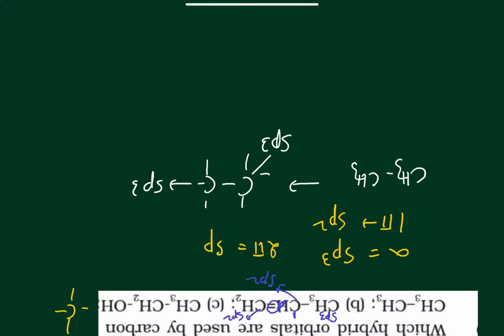Here again, 3 hydrogens just form a single bond, that means 4 sigma bonds, so sp3. Here again 2 hydrogens, sigma bond, and oxygen in alcohols forms a sigma bond only, single bond, so this is also sp3 only. It will always be sp3 until and unless a pi bond is formed. When a pi bond forms, then it can be sp2 or sp, depending on the degree of unsaturation, how many pi bonds, how many unsaturated orbitals are present. That's how you can calculate the hybridization. This is the trick part.